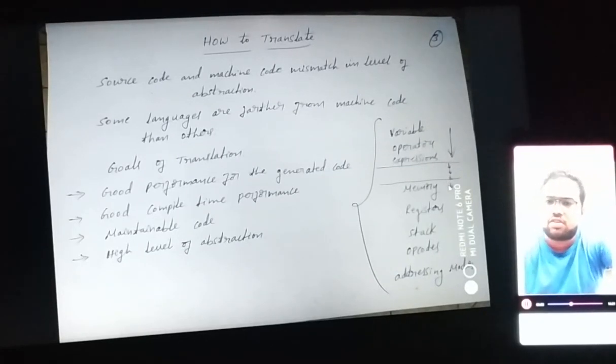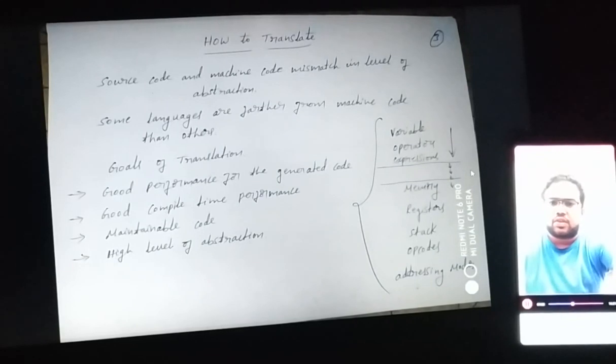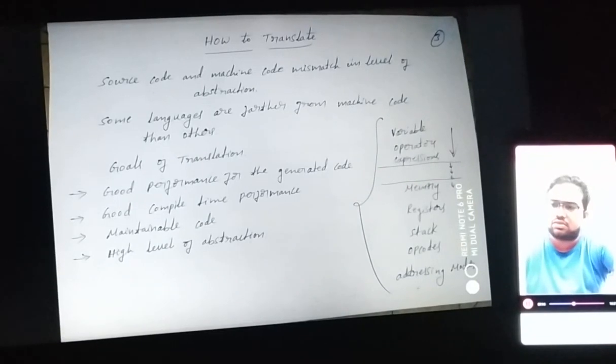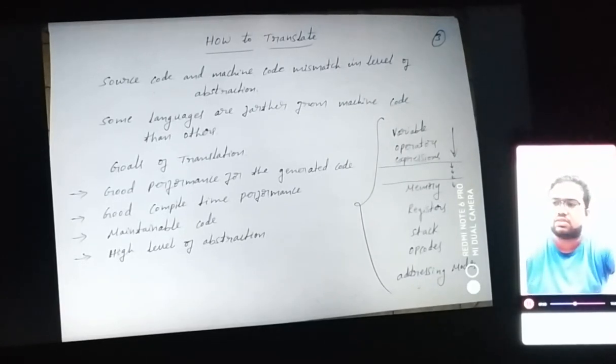That means you can take small steps in order to make the changes that bring you from variable, operators and expression, putting them into a form which is relevant to the memory, register, stack, opcode, addressing mode. So where you give the tabular representation, or else you go with a dictionary to map the words so that the relevant words are matched with this particular lower level language.